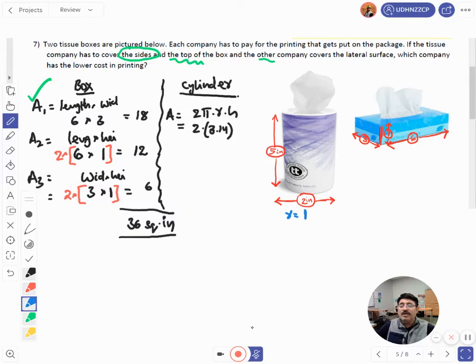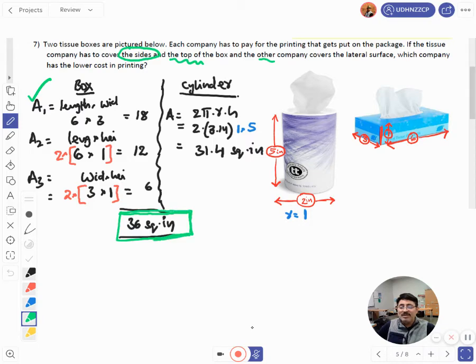So let me take the radius as 1 unit, and the height you can see is 5 inches. Well, 2 times 3.14 gives me 6.28, times 1 times 5. So you may compute, you'll end up with 31.4 square inches. Now the question is, please compare these two. The first company has to print 36